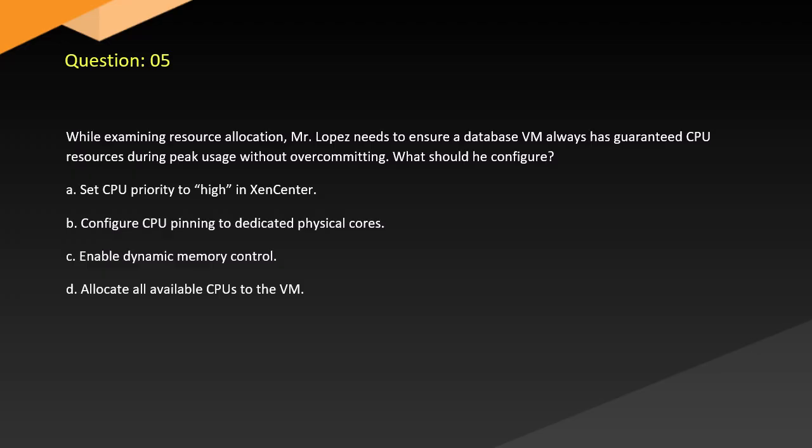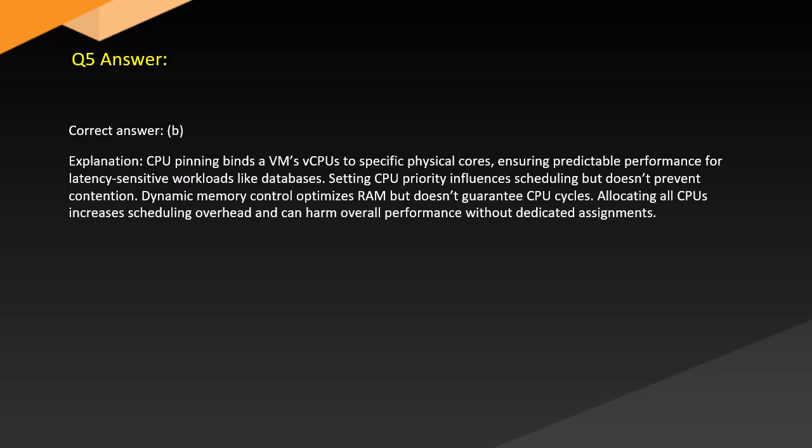A. Set CPU priority to high in XenServer. B. Configure CPU pinning to dedicated physical cores. C. Enable dynamic memory control. D. Allocate all available CPUs to the VM. Answer. Correct answer. B. Explanation. CPU pinning binds